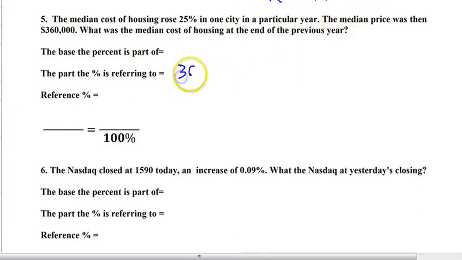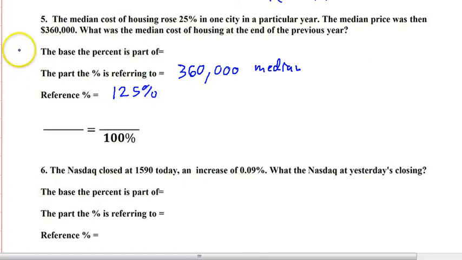So this $360,000 is our part, because it can't be the base. It's because it was then $360,000. It's not what we're starting from. This has to be our starting value. And this was the median. Okay, now it's not an increase. It is the final product. So since we have 25%, this reference percent has to be 125%, because we are taking 100%, right? And then we are increasing 25%. So that means our final has to be